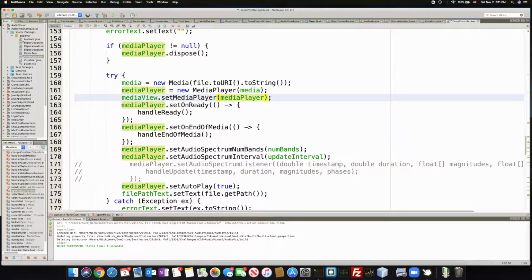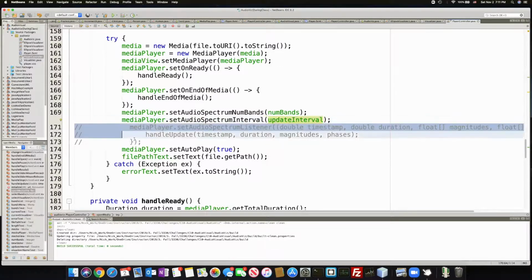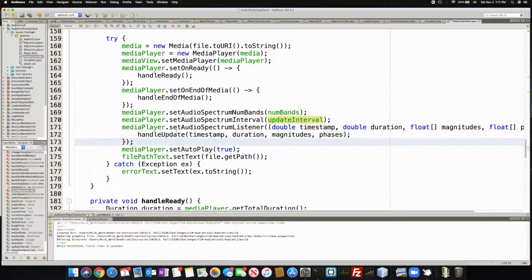You'll see I have some event listeners. So when the media player is ready, this method will get called. And when the media player is at the end of the media, this method will get called. And you'll notice some familiar methods back in our previous example. You'll see set number of bands is here with the number of bands specified, and also set the audio spectrum interval with the interval provided. And I need to uncomment these 3 lines of code here, which is going to be setting the